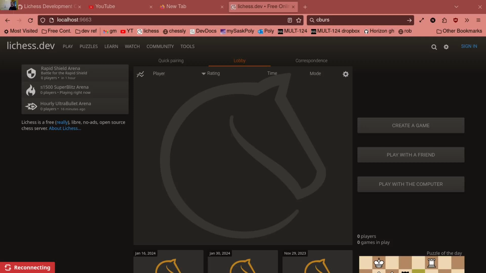Alright, so how you guys doing? I just wanted to show you guys how I got my Lichess dev environment going on